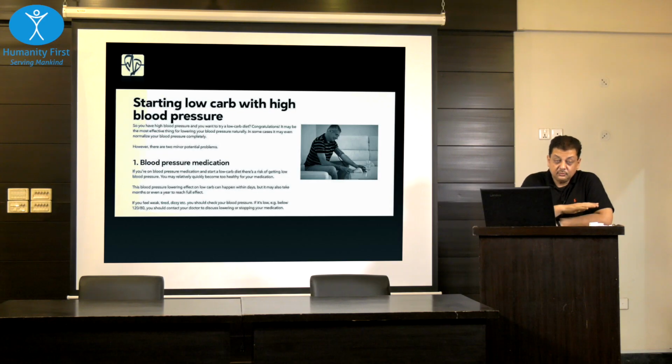Often we have diabetes and hypertension present simultaneously. So when you are restricting carbs, there is also a tendency for the blood pressure to go down. It's good, but a word of caution here is, if somebody is on antihypertensive medication, that medication needs to be reduced or ultimately stopped if the blood pressure keeps on going down, which is good. I mean, you are controlling your diabetes with the same diet, and then you are controlling your blood pressure with the same diet.